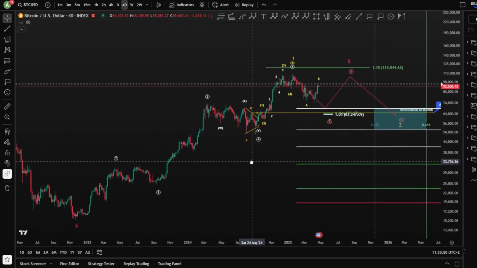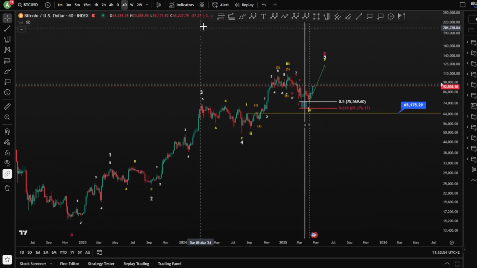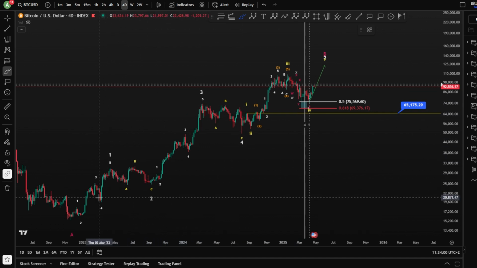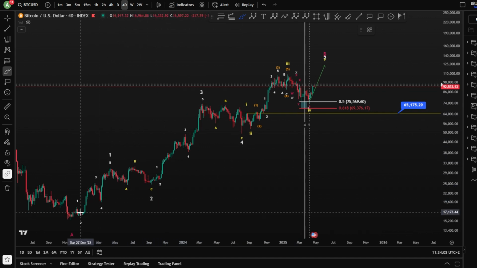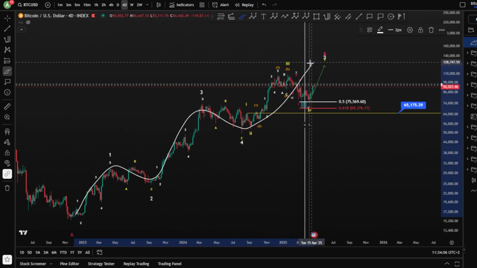Starting on the daily chart here to explain the bullish scenario, of course, that we have. Basically, that we might still have, of course, a bullish scenario always on this channel and a bearish scenario at the same time. You make the decision, guys. No financial advice. So we have 1, 2, 3, 4, and a 5 and not finished yet.